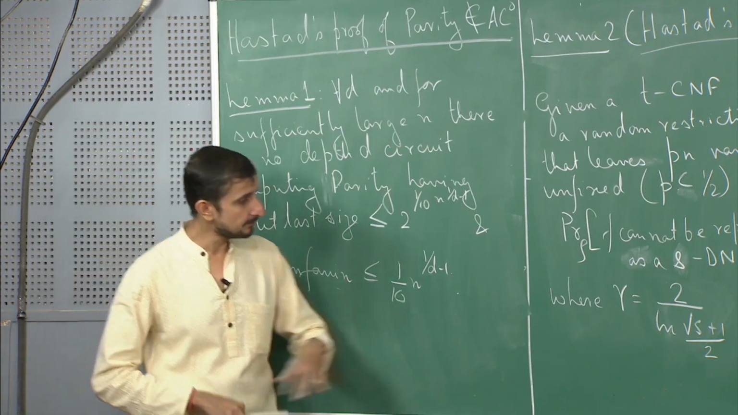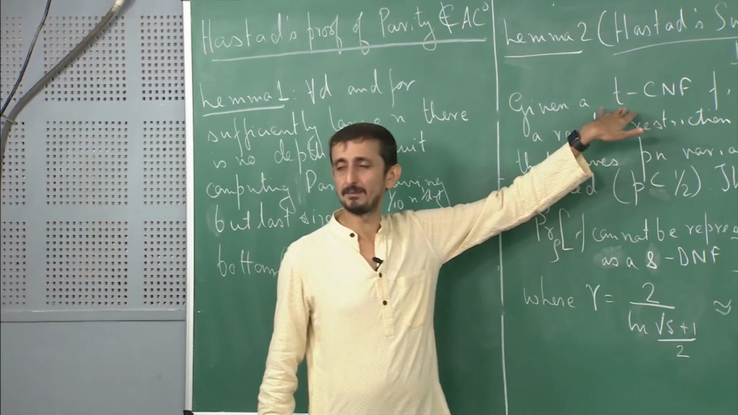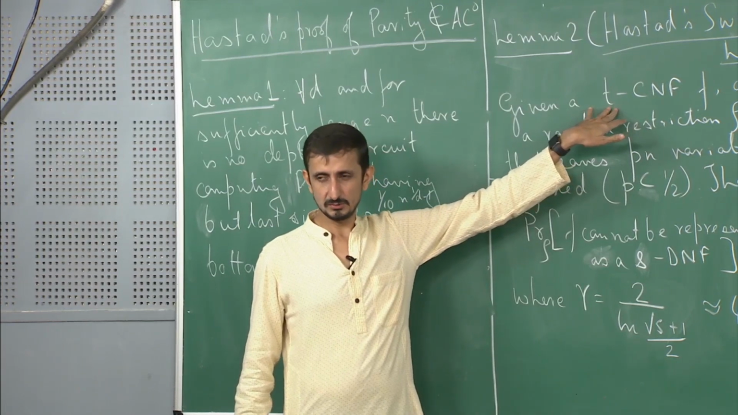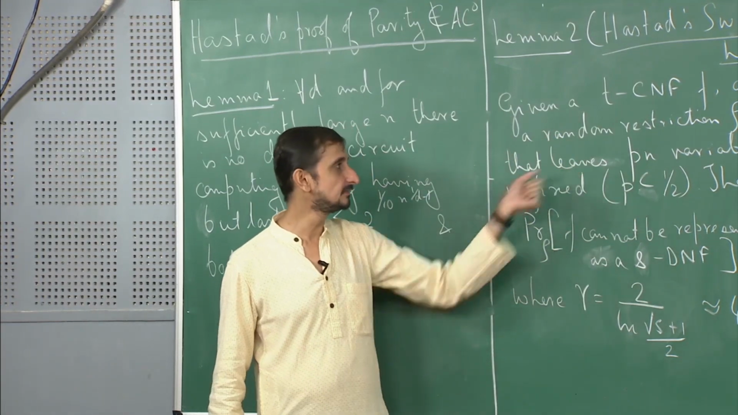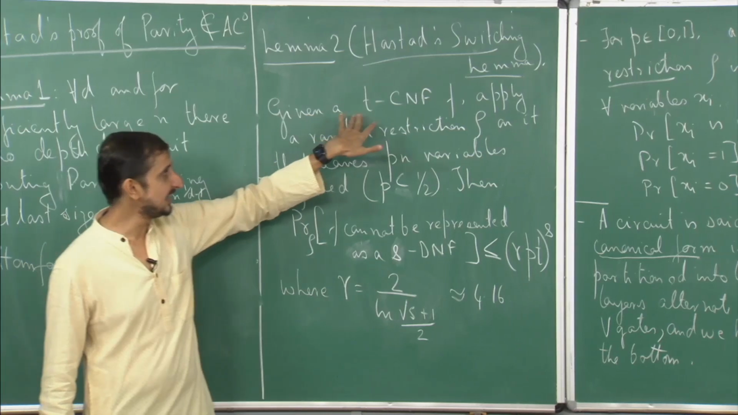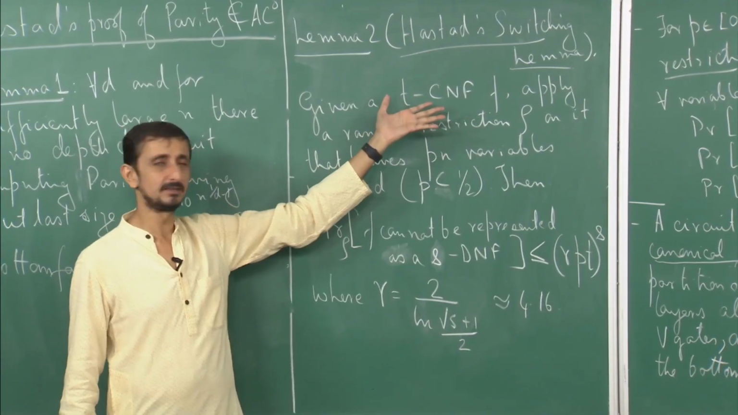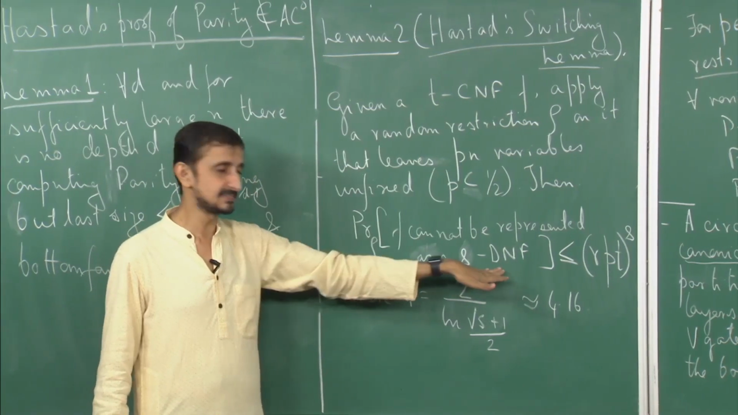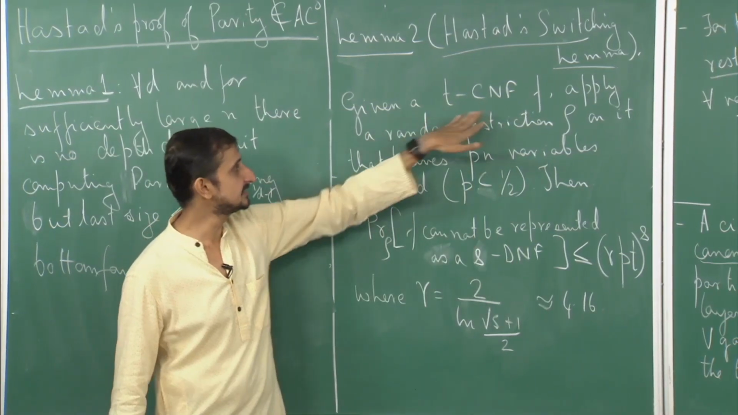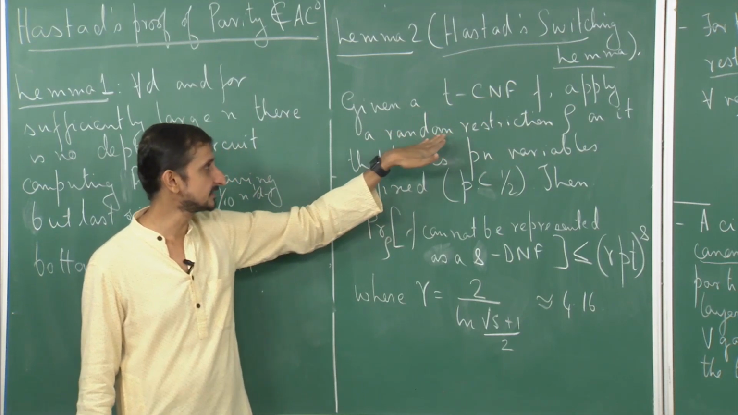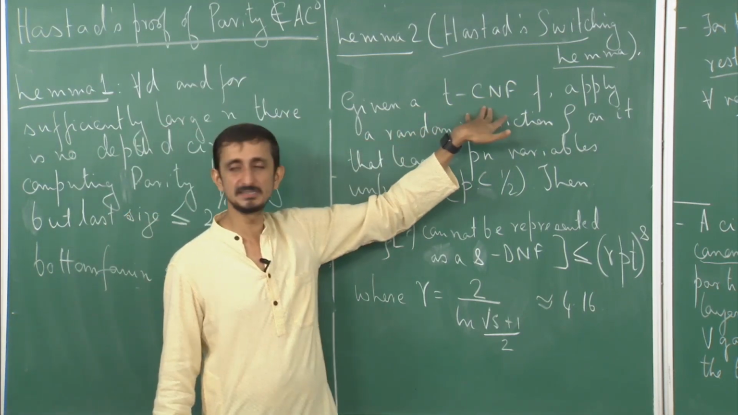S and T are parameters. So, we will fix them; this depends on us. I take a T CNF. Think of T as maybe 3, and maybe you can also think of S as 3. So, suppose I have a function which is representable as a 3 CNF,